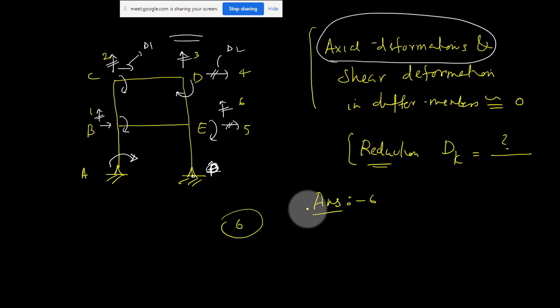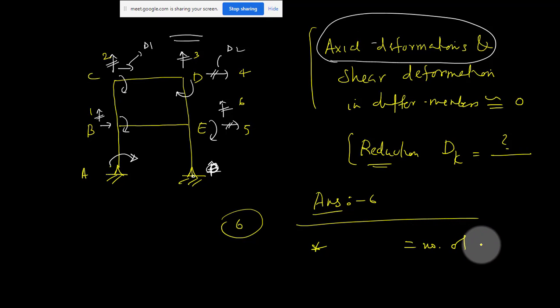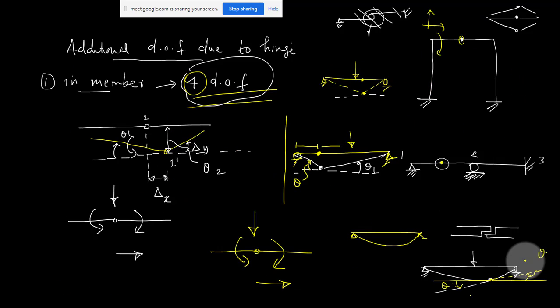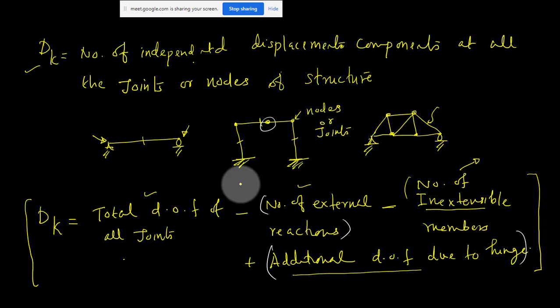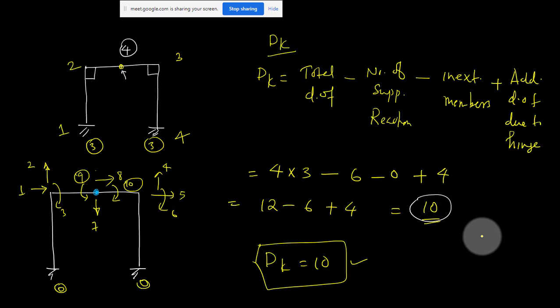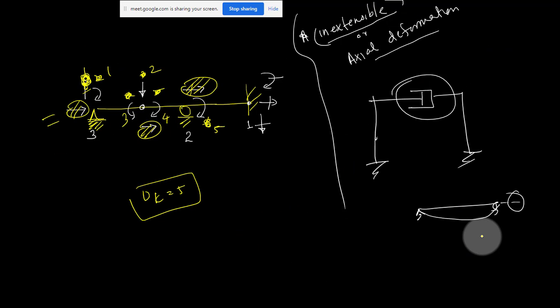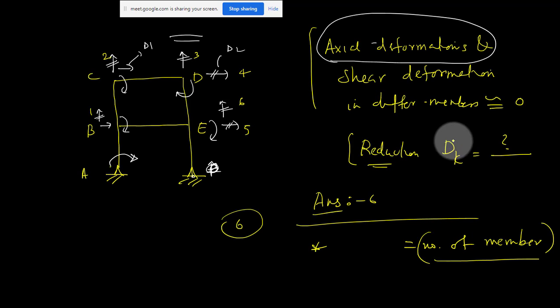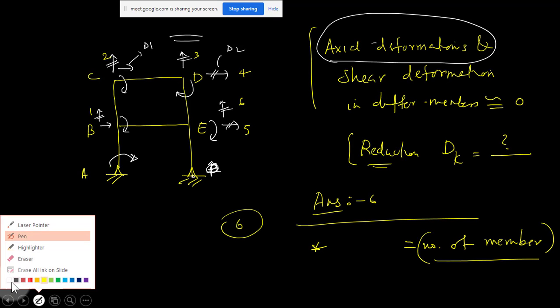If you don't want to do anything, you can also solve the question directly. What is the reduction if you neglect the axial deformation? That is equal to the number of members. For each member you are going to have one reduction, correct? That is why, just see the equation we are using. So this is your equation. If you are neglecting the axial deformation, you just have to deduct the number of members. For each member you get one reduction in the degree of freedom. So you can directly give the answer as the number of members. Your answer is just the number of members. How many members are there in this frame?